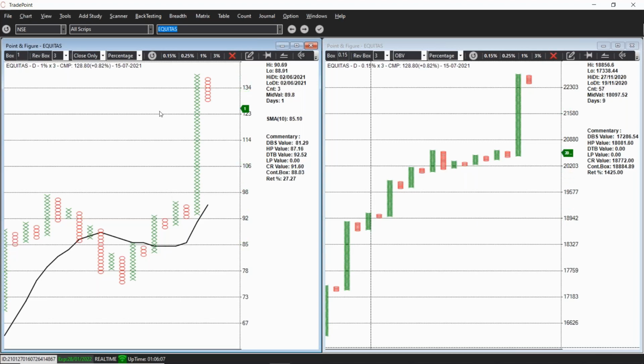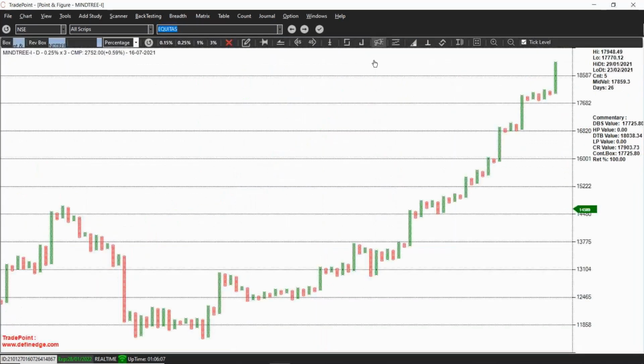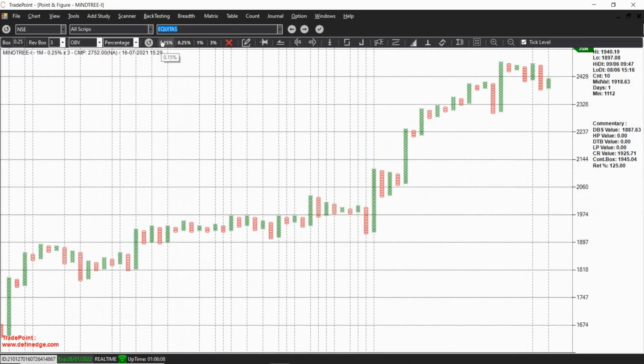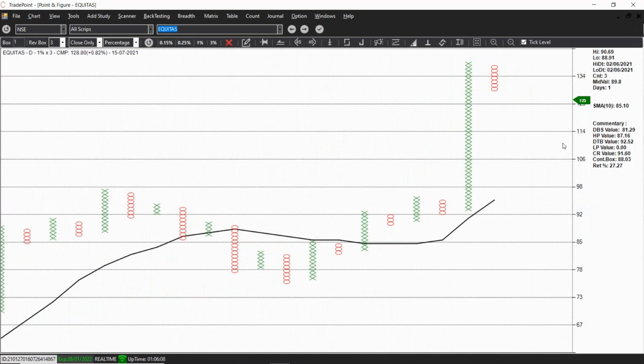You can also see this in real time. For example, you can select the indicator OBV, and now you can also go to the 1 minute time frame. So you can see all this even on the lower time frame, right? Like 0.25%, 0.15%. So this is applicable even on lower time frames, on short term, on the EOD time frame as well. Remember, you might have to reduce the box value at times, but as a rule, you can track three box values: 0.15%, 0.25%, and 1% on the OBV chart. The rules that we have discussed for box values on price charts remain the same.